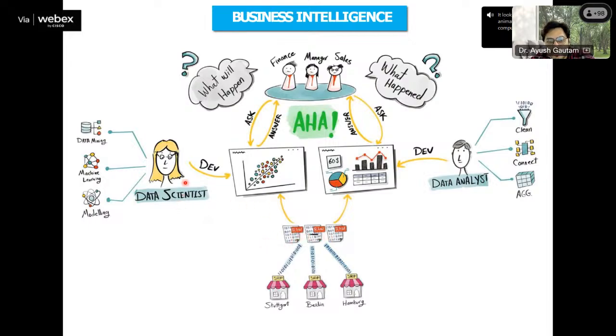They appoint 2 persons: one is a data scientist and one is a data analyst. So these managers appoint a data analyst and a data scientist. Now, both the data analyst and the data scientist are getting the data from these warehouses. After getting the data, the data analyst cleans the data, connects the data, meaning making the data models, and aggregating the data. What is the aggregation of the data? We'll look at it in a table further in these slides.